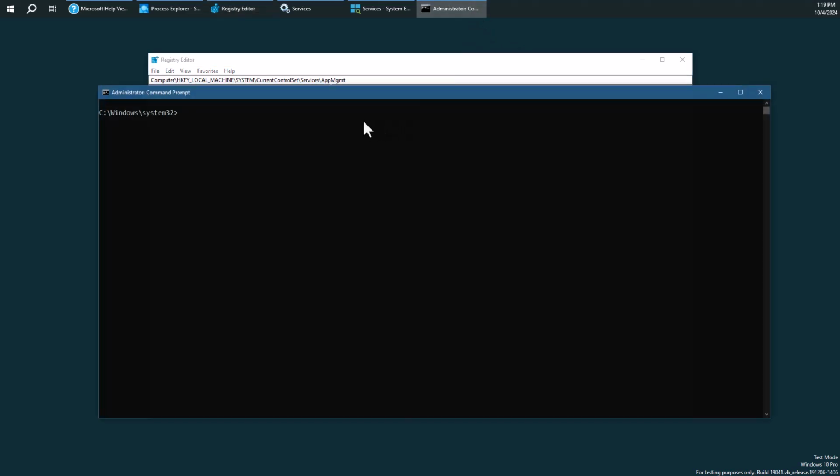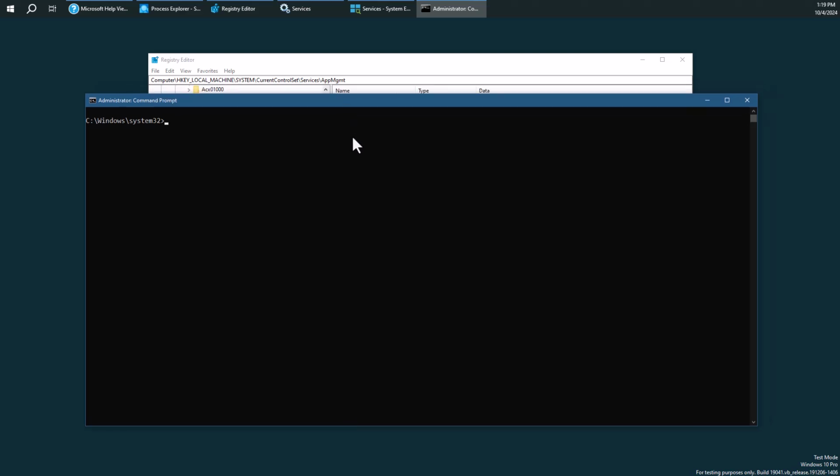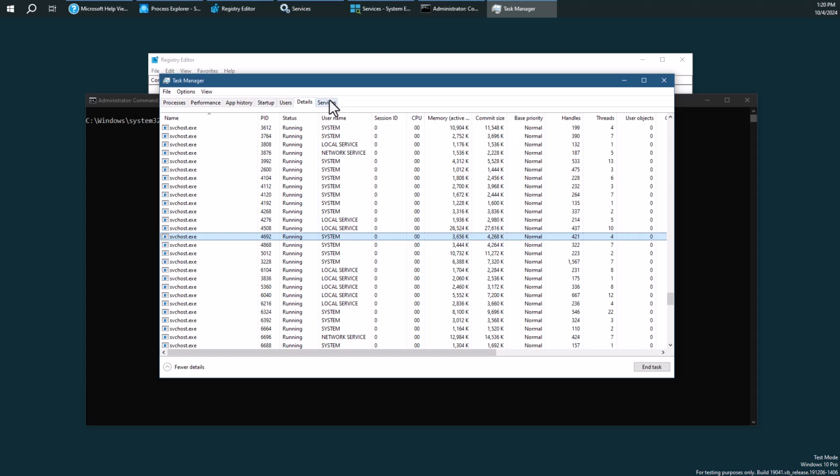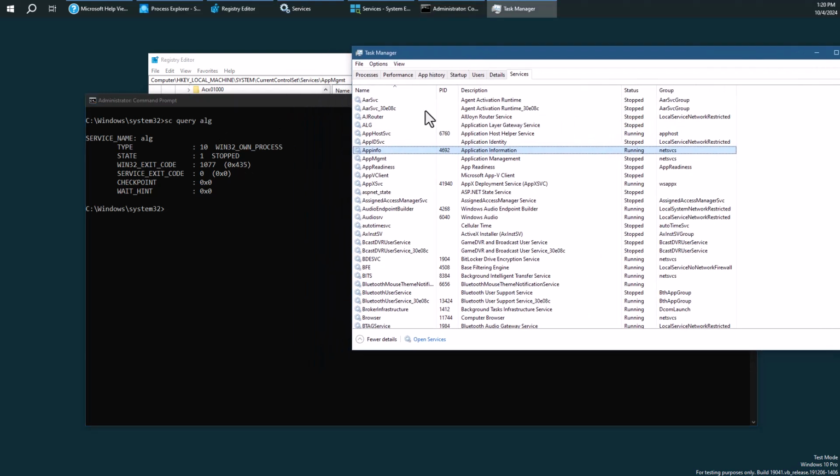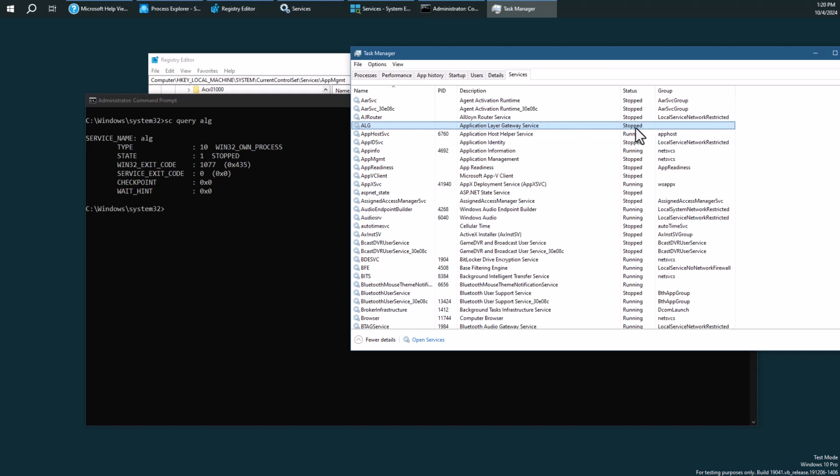Lastly, we have the ability to work with services using tools, like command line tools. So we can use PowerShell or the SC tool. The SC is the classic tool. So for example, the SC tool can do anything that really is supported for services and drivers in this respect from a management perspective. For example, it can query the state of some service. So if I look at some service name like ALG here, I can do something like SC query ALG. It's going to tell me that this ALG service is actually stopped,